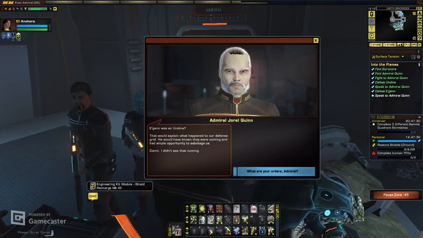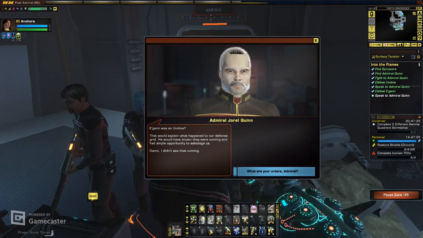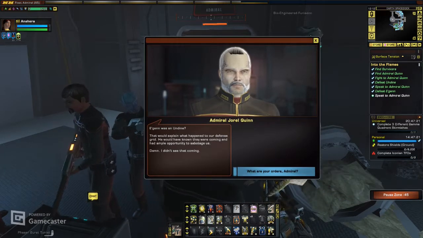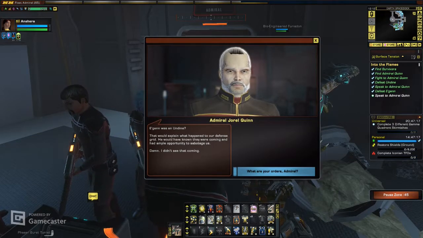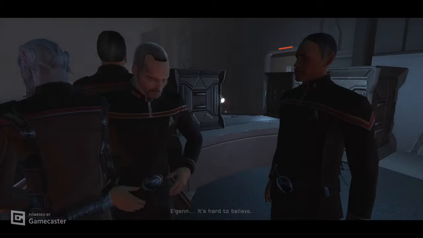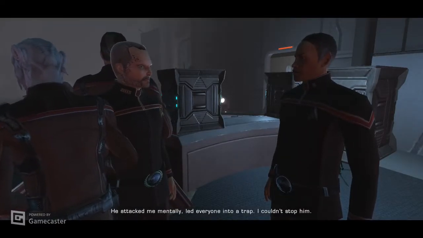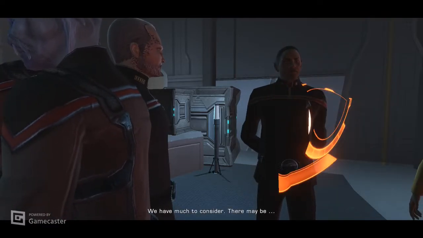Egan was an Undine? That would explain what happened to our defense grid. He would have known they were coming, and had ample opportunity to sabotage us. What are your orders, Admiral? Egan. It's hard to believe. He attacked me mentally, led everyone into a trap. I couldn't stop him. We have much to consider. There may be...